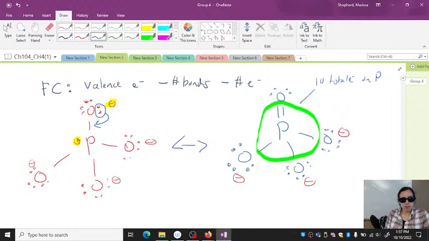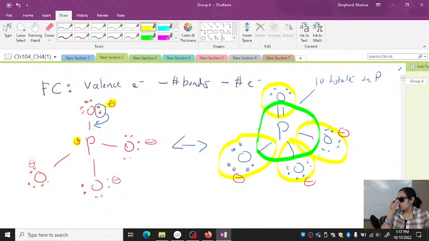And all these oxygens, so they're all satisfied by the octet rule. So 8, 8, 8, and 8 for those. So just watch the language. So you have 32 electrons total in your system, but then phosphorus is feeling only 10 electrons. And so we can say it's greater than the octet rule.